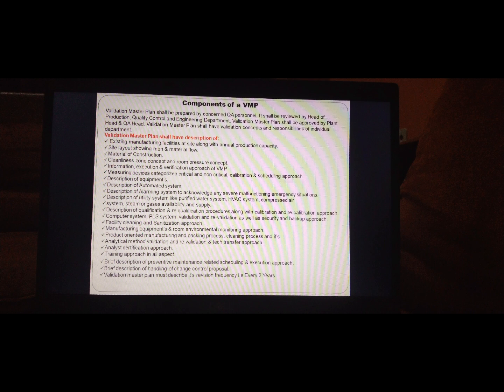VMP has a description of the existing manufacturing facility at the site along with annual production capacity, site layout showing man and material flow, material of construction, cleanness zone concept and room pressure concept, information on execution and verification approach of VMP, measuring devices categorized as critical and non-critical, calibration and scheduling approach, description of equipment, description of automated systems, description of alarming system to acknowledge any severe malfunctioning or emergency situations, description of utility systems like purified water system, HVAC system, compressed air system, steam or gases availability and supply,